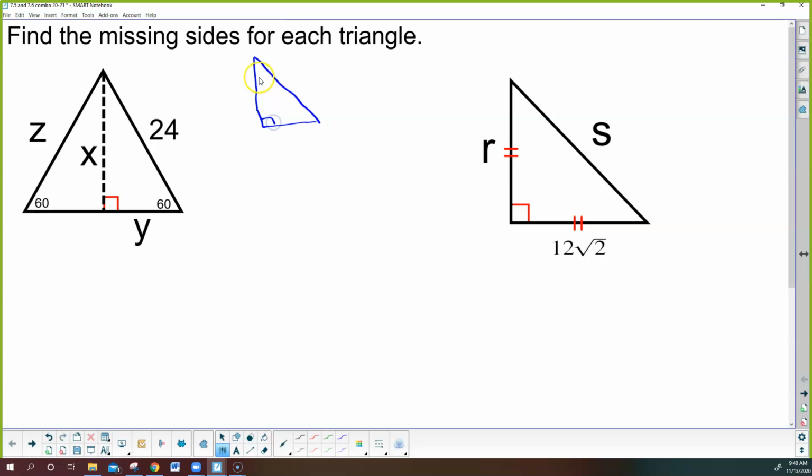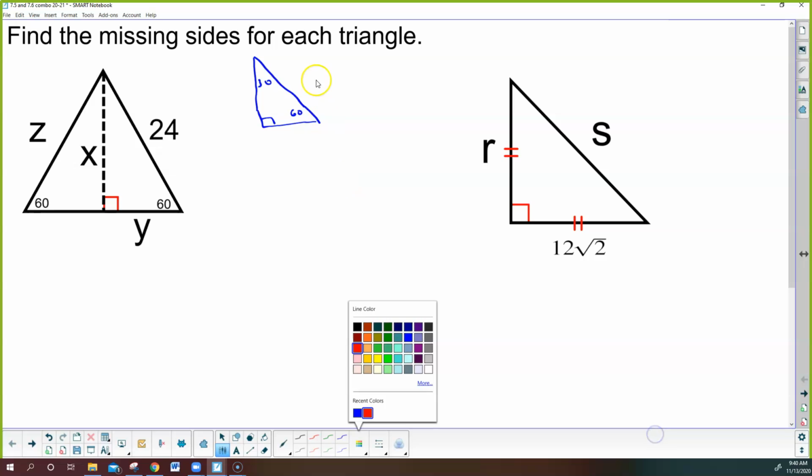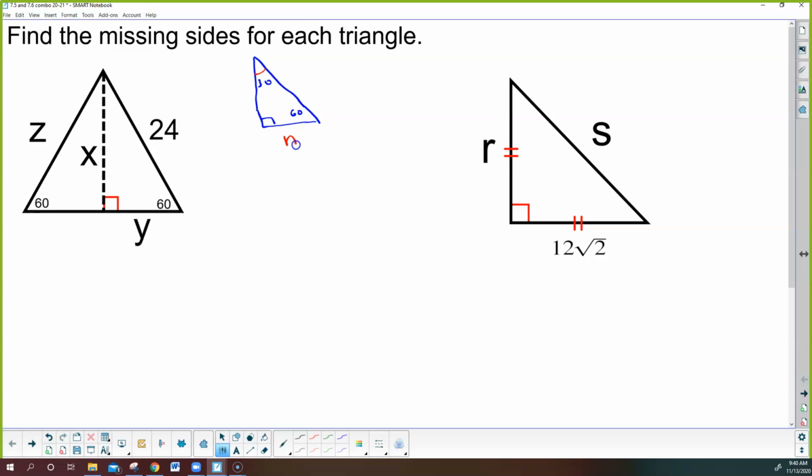Let's say that I have a 30, 60, 90, right? One of the things you have to know is where do the formulas go centered around that triangle? Well, think of this. 30 degrees is the smallest angle, and across from that has to be the smallest side, and the smallest side is n. 90 degrees is the largest angle, and across from that is the length of the hypotenuse, which is the longest side, and that's double the shortest side. So n, 2n, and then that just leaves the n square root of 3 that is always across from the 60